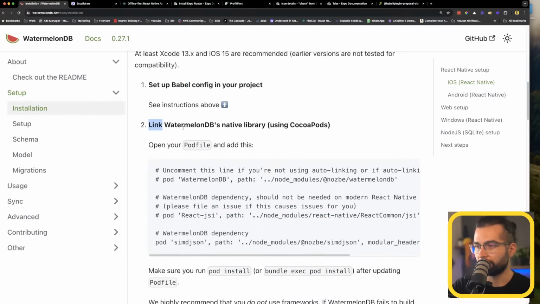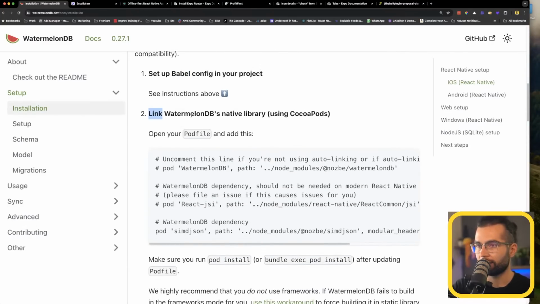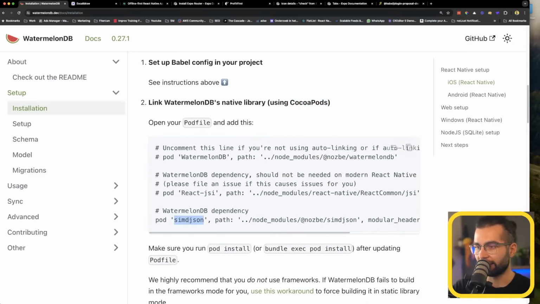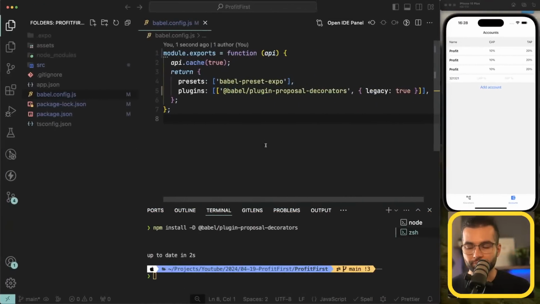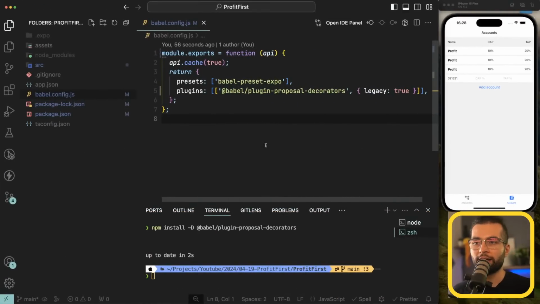And we will need to do some changes on the CocoaPods to link. The WatermelonDB has a native dependency called simd.json, which is provided through these node modules, but it should be linked through the pod file. The thing is that we don't have access to the pod file, and later on we are going to generate the iOS directory, and we are going to have that pod file, but it's not recommended